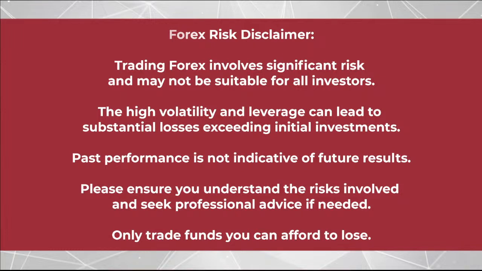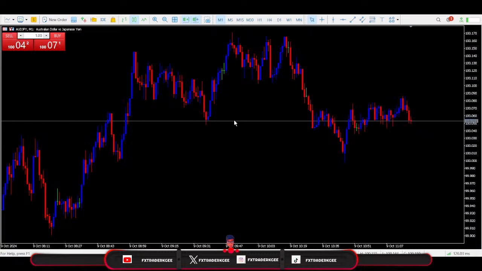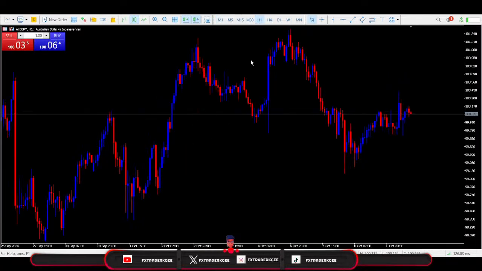All right, so today I'm not going to take much of time. I'm just going to look at this currency pair, which is AUD Japanese yen, that's Australian dollar versus the Japanese yen. And the point here is that we are actually looking at a sell opportunity here. All right, so the very first key point that we noted was that